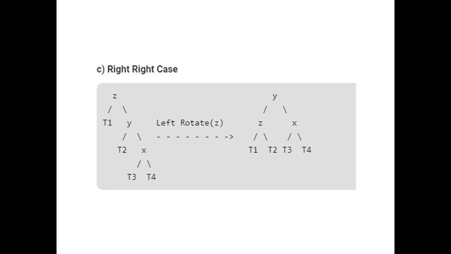Whenever we find an orphaned node, we have to attach it to the node that was previously the root, or the one that is being deposed by the new root. In our given example, Z was the previous root node, which is being replaced by Y. So any orphaned child of Y has to be attached to Z. That's what happened here. T2 has been adopted by node Z, and now the tree has become a balanced tree.